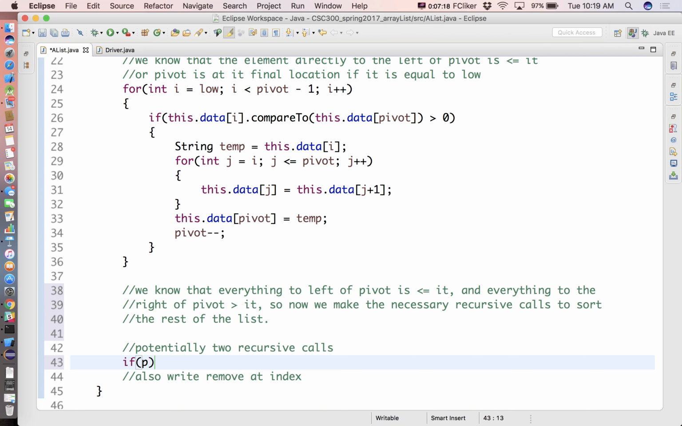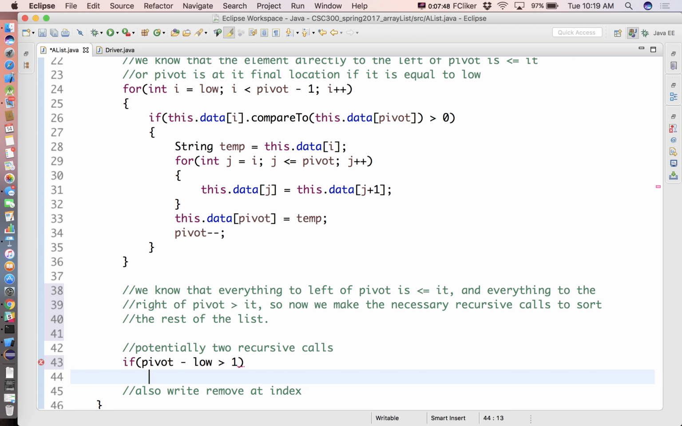So if pivot minus low is greater than 1, that means we have something that's bigger than a one list. If pivot and low are the same, if they're both bucket 3, 3 minus 3 is 0, that's a zero list because there is nothing over there, so that's not going to pass. If pivot is bucket 4 and low is bucket 3, 4 minus 3 is 1, and 1 is not greater than 1, because that's only a one list, so this would have to be a two list or larger. So if this is the case,